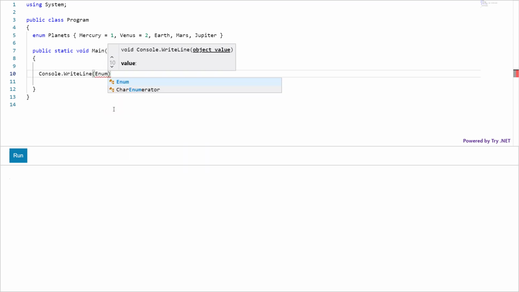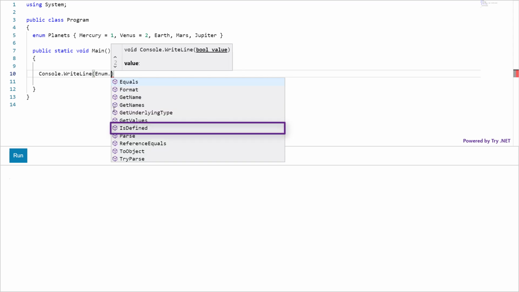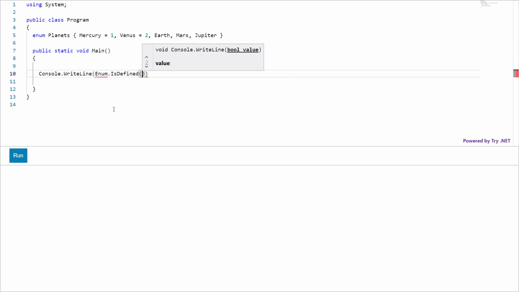Enum class, then dot, select this static method isDefined. Now you need to pass two parameters in this method. One is enum type.